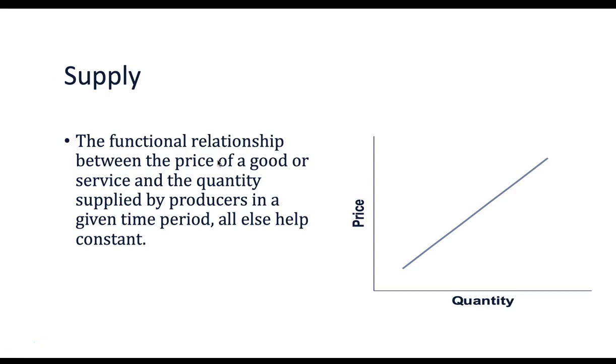Okay. So remember, on the supply side, the relationship is with the price of the good. So the price is the common factor between demand and supply. But in this case, we are going to look at different prices. What is the quantity supplied by producers? Okay, that's what we look at. And as a general principle, you will see that a producer, you, the decision maker, or the company that's making this product or service, tends to produce more as the price increases. Okay, that's the general principle here, and we'll get back to this in a second.